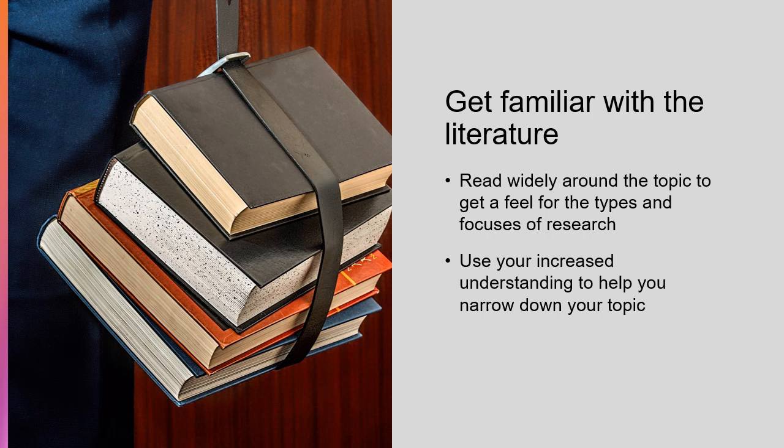At this point, it will be useful to start reading around your chosen topic in order to identify what has and hasn't already been researched and whether there are enough sources to draw on. Also, as you read, you'll develop more knowledge and understanding, which should help you to further refine your topic and turn it into a research question. Later videos in this series cover the process of reviewing the literature and reading critically, but at this stage some general searches plus perhaps some reading of journal abstracts, textbook chapters or core readings from your modules should start to give you a good idea of the existing literature on the subject.